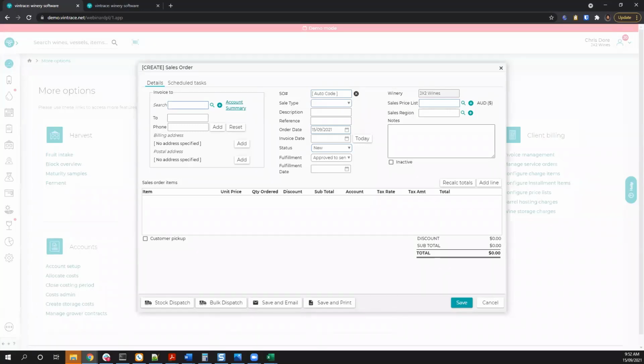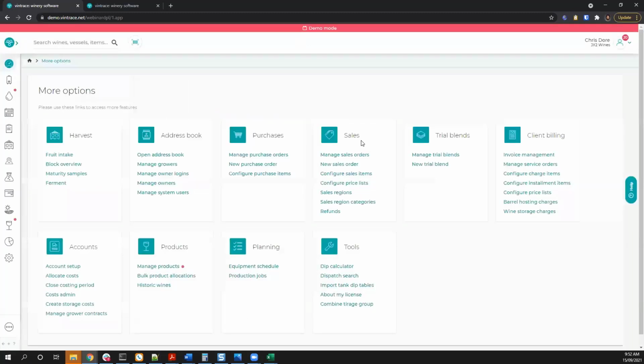We've got another one. Can you see how much stock is remaining in the item you're invoicing from the sales order screen, or a low stock, out of stock warning? It does give you a warning when you go to save, I believe. I can double check this one, but I think if you try to save it and you don't have enough stock, you'll get a warning. It'll definitely give you one if you try to schedule the stock dispatch, and it'll know that you don't have enough stock. You'll also be able to see, if I just do an example, we'll just copy